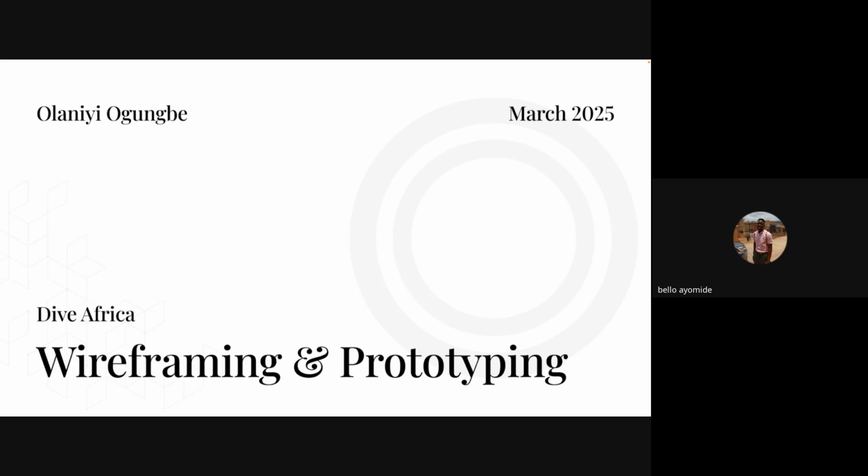Good evening. To my own knowledge, I feel wireframing is just an idea that you have for a product. It's a rough idea you have. It can be low fidelity, and it can be medium also. You can sketch as a low fidelity, just draw it on paper, and you can also do it on Figma, in which you just use monochrome, gray and black with white for your design, not put any color. So it's just a rough idea, representing text with shapes and rectangles and all.